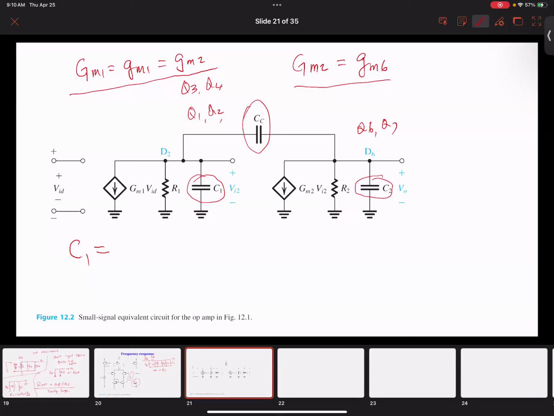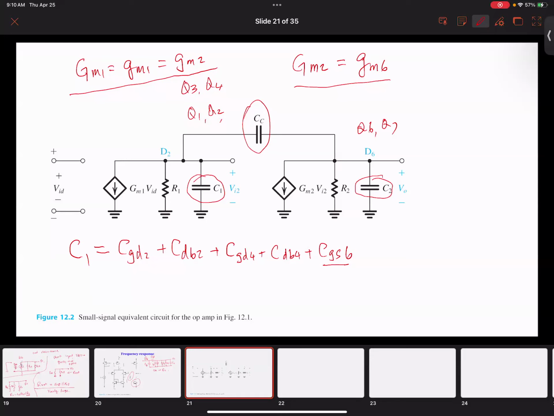So here we're going to have C1 equal to CGD2 plus CDB2 plus CGD4 plus CDB4 plus CGS6, which is, remember, the input capacitance of the second stage,